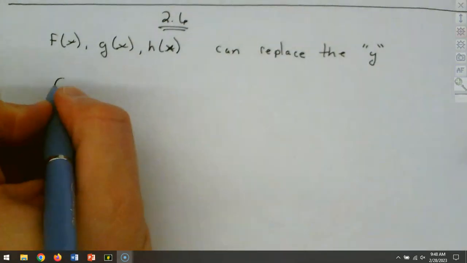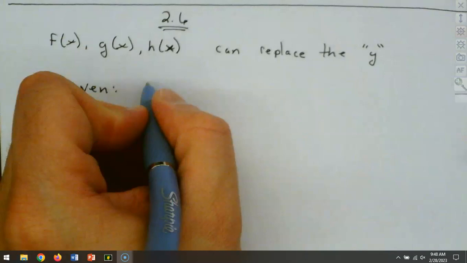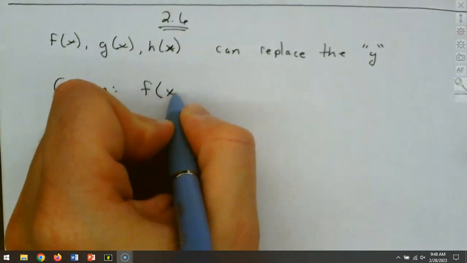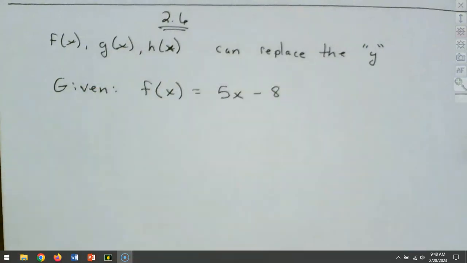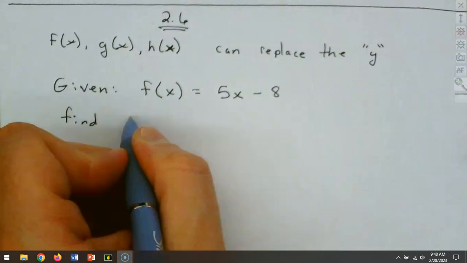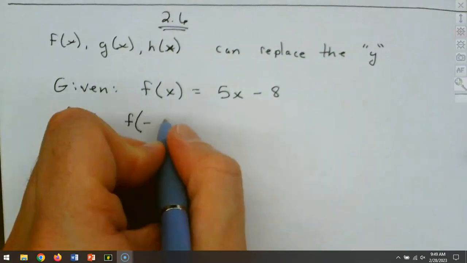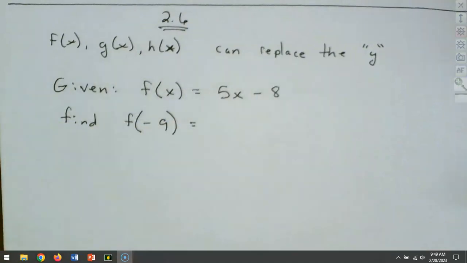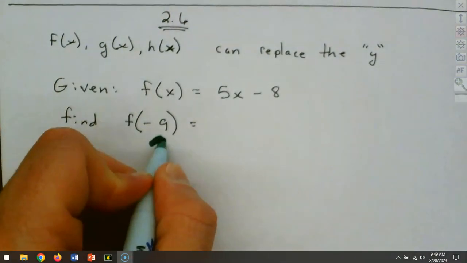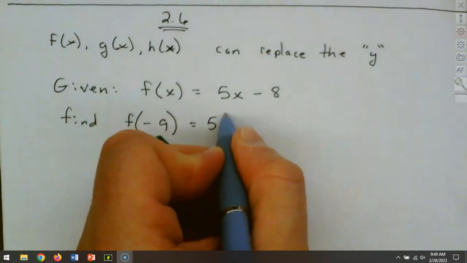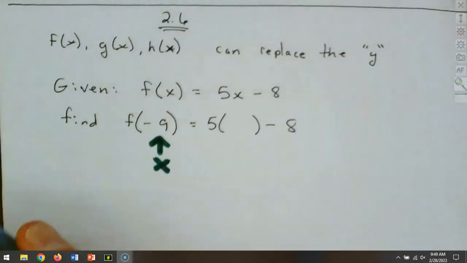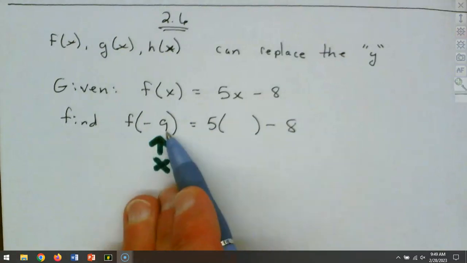So I'm going to give you a function, and we're going to plug a number in. So I'm going to give you f of x, let's say, is 5x minus 8. And I want you to find, with this function, how about f of negative 9? Now, what does it mean if I give you f of negative 9? Well, this negative 9 is going to replace that value of x. So we just rewrite our function with parentheses for the x, and then we replace the x with negative